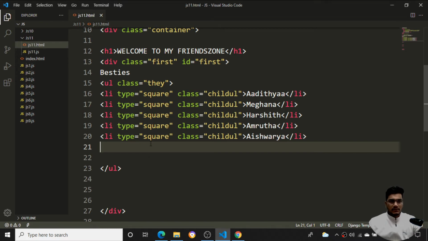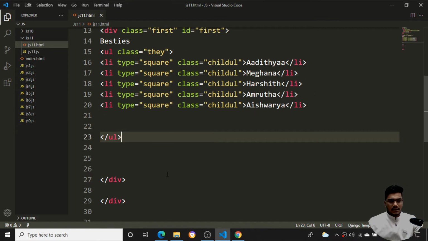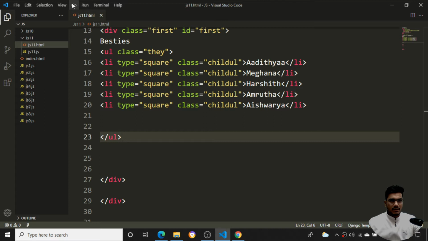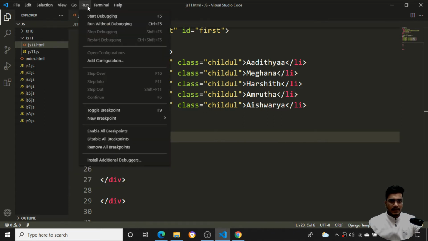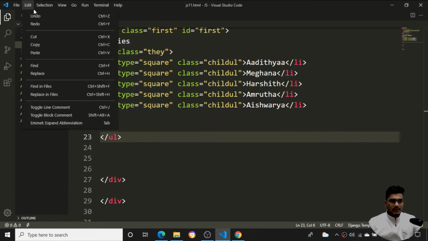So I have created one div container. Inside that I have created a particular child class. Inside the child class I have created one more child class, that is all these things. Once it is done, now you can see I will right click and format this particular document. Here I am not getting a format document option. If I just select okay, fine, no problem.